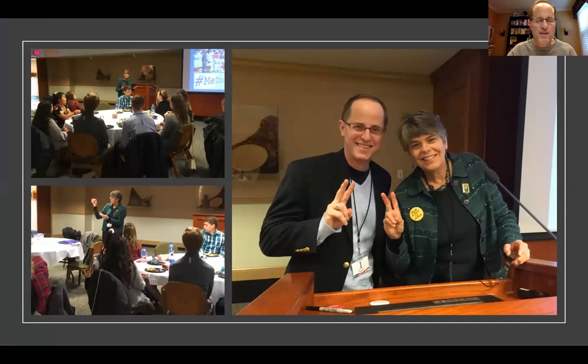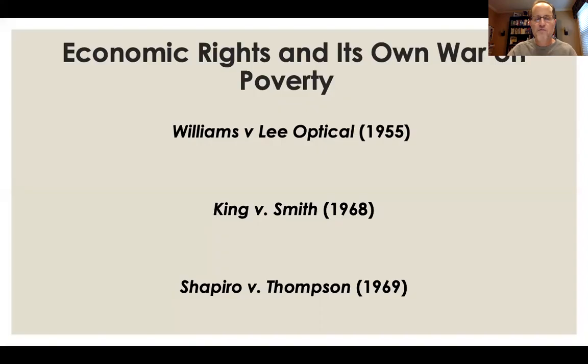The Warren Court just didn't, though, deal with a lot of expanded racial rights or equality of liberties or freedom from being imposed on with a specific religion. It really also expanded a few economic rights too, and in its own way expanded LBJ's war on poverty. So the first case I have up here is called Williams v. Lee Optical. It's a really interesting case, and it really would be a case that would be connected to economic liberty. In fact, it is with, say, Lochner, or much more about the rights of small businesses.